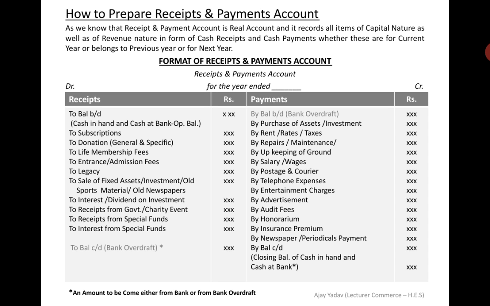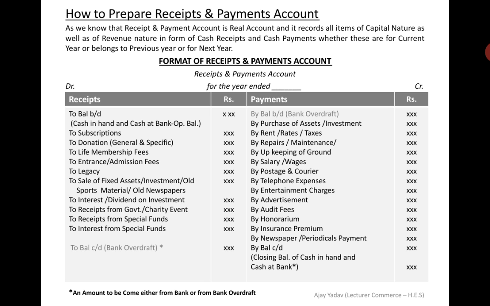Here, a format of the receipt and payment account is given. We can see that on the debit side all the receipts are reflected and on the payment side all cash payments are given. We know that the receipt and payment account always starts with its opening cash balance. Opening cash balance involves the opening balance of cash in hand and the opening balance of cash at bank. Now we come to receipts,